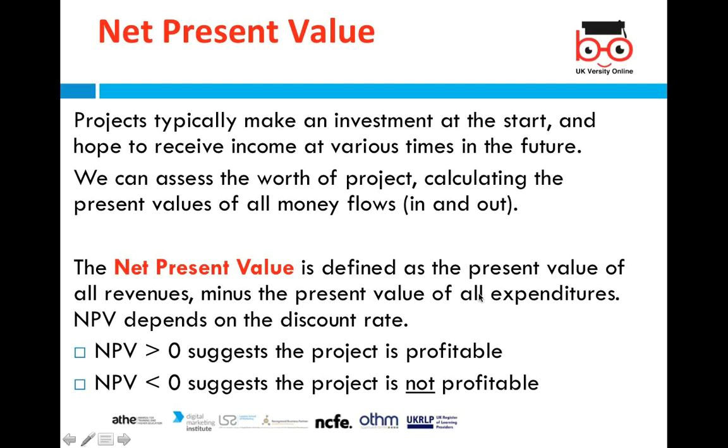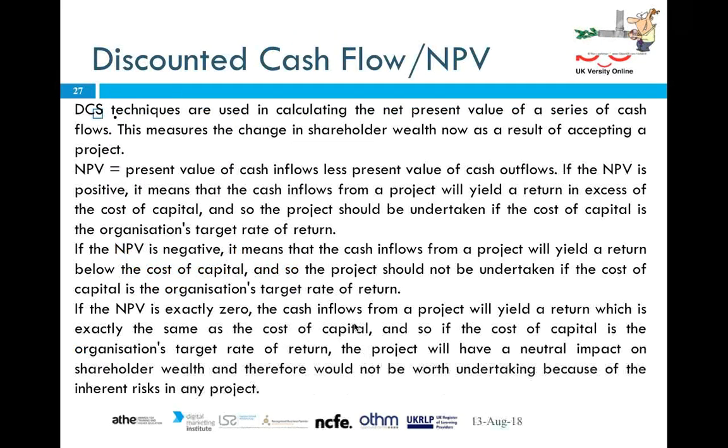So present value of all incomes, revenues and sales, minus the present value of all kinds of expenditures. And then it depends on the discount rate, if multiple years or times are related with the project. I have said this already, so if it is equal to zero, if it is negative, and if it is positive, greater than zero, what will be the impact? And then discounting cash